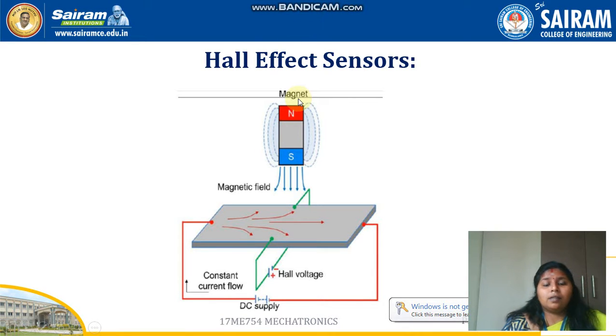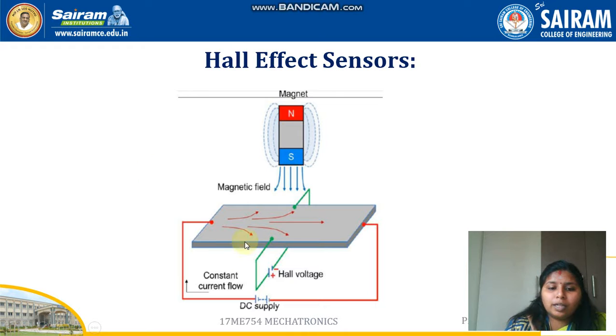So the next sensor is the Hall effect sensor. This is a type of position sensor which is used to determine the position of an object with reference to some common point. To brief about that, there is a metallic strip in which the current is passed. When a current is passed, a magnetic field is produced, and this is how the sensor determines the position of an object with reference to some reference point.